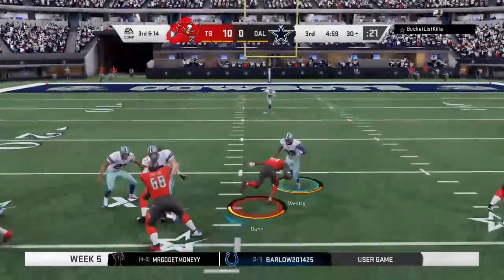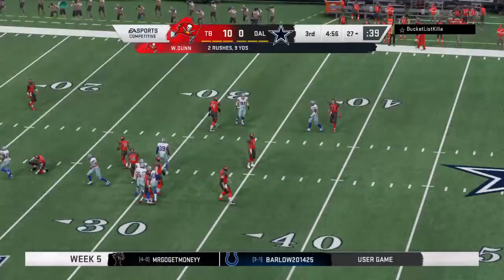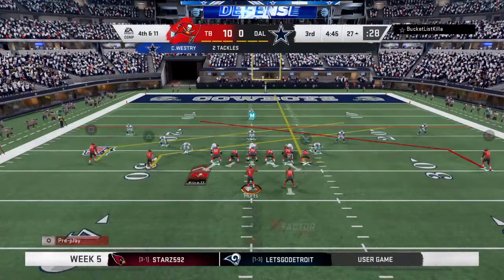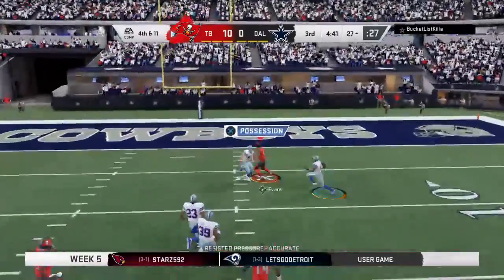On 3rd down, it's done. Call it a gain of 3, and it'll bring up 4th down. Now let's see how the offense still out there. They elect to go on 4th and 11. They'll look to throw. In the first half, he was...